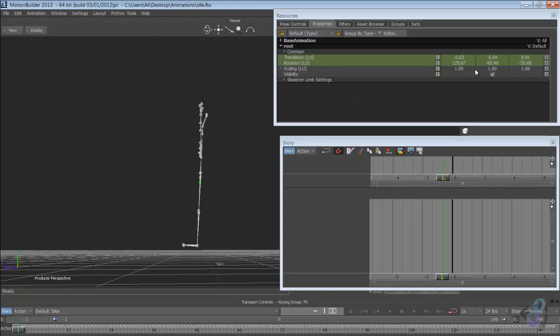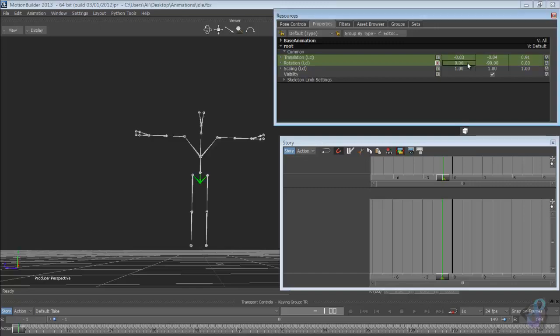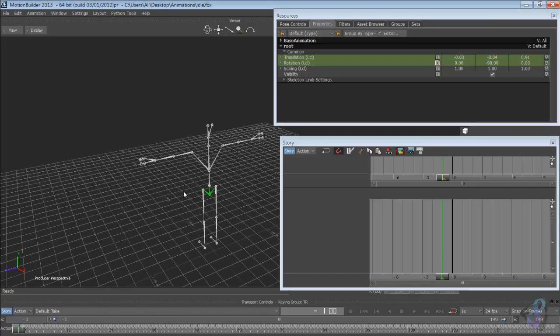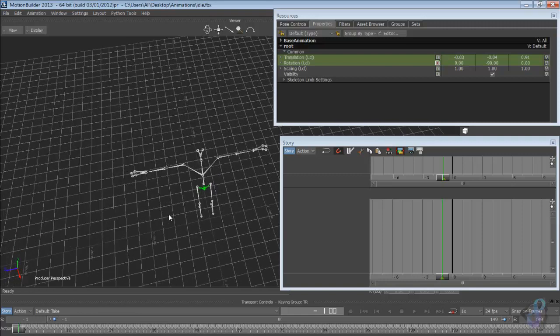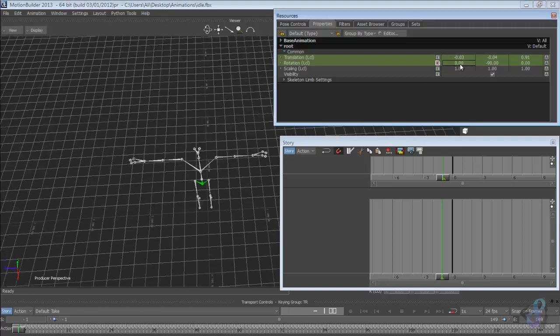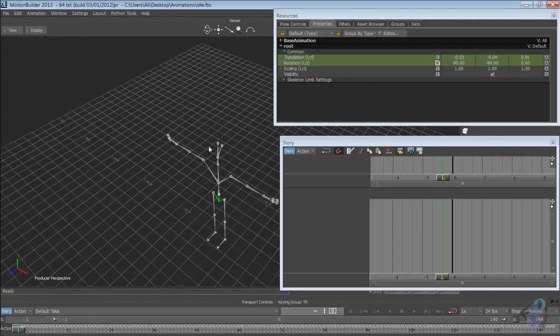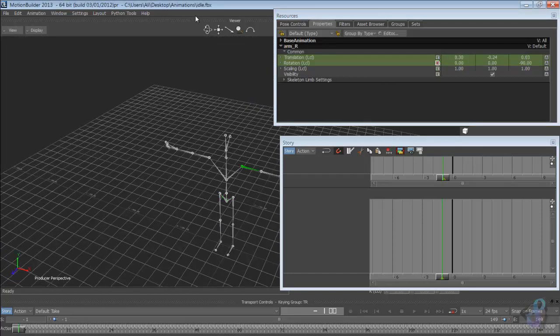no. Where is it? 0 and 0. Nope. This should be -90. And this one, if I make it 0, okay. And 90. Are we aligned now? This should be